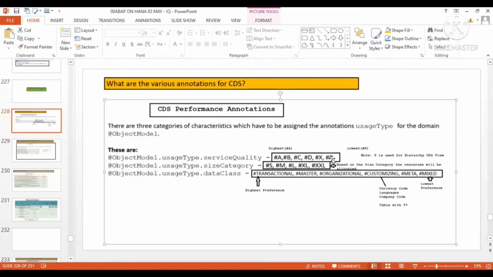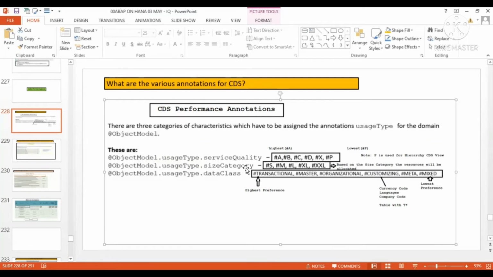If you have a hierarchy CDS view, you can go for service quality P. There is no problem for a hierarchy CDS view going for this service quality P. It is the lowest we can give for a hierarchy CDS.